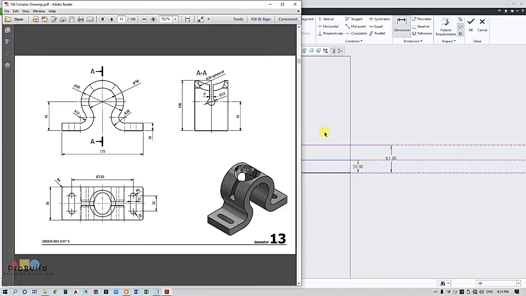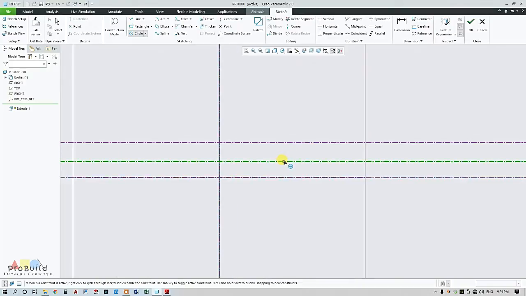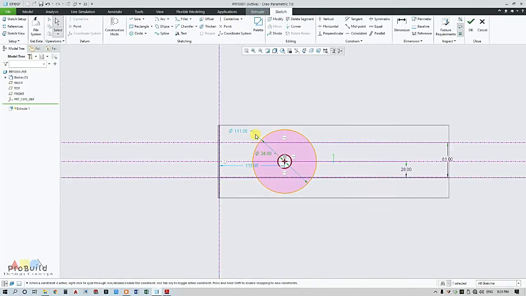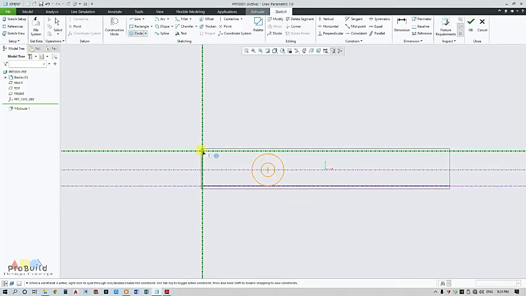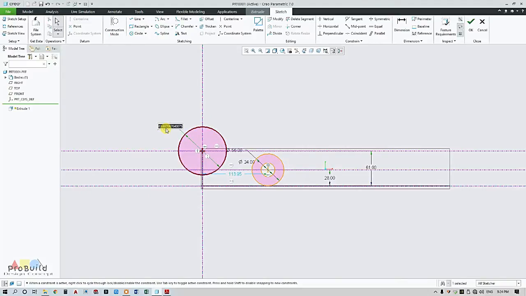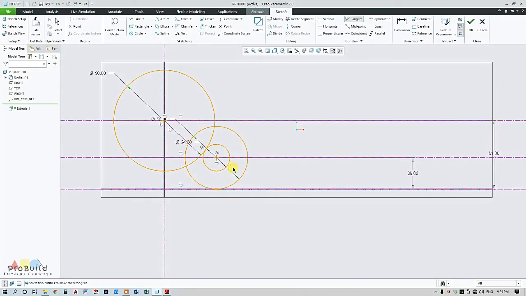Now I'm going to draw my circle. I'm going to draw two circles. So one is of 12 into 2, 24, and another 28 into 2, 56 dia. Now I need to draw my bigger circle in contact with this, just before without making contact I shall make this to 90, and I need to make this tangent. So click the circle and click the second one, it becomes contact.